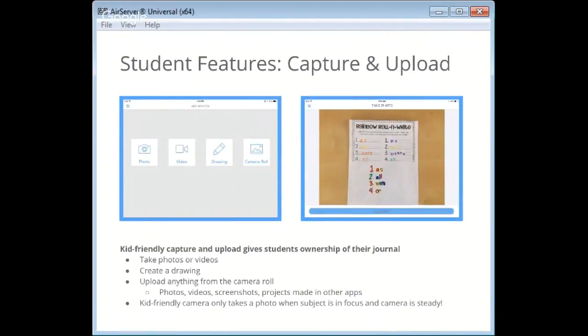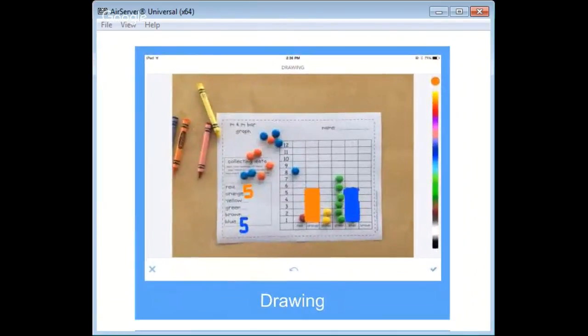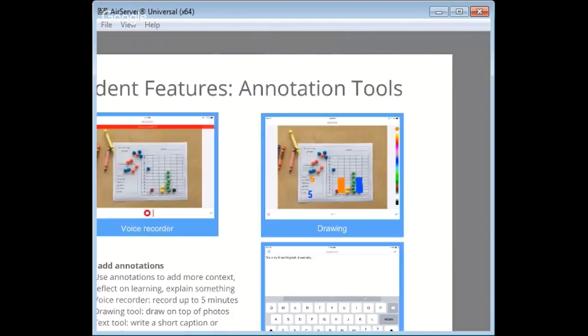Student features. I will show you this here in a little bit, but this is what they can do. They can post photos, videos, drawings, or upload things from their camera rolls. Here's an example of something I think is really cool, especially for maybe a math class. I'm going to zoom this up. They can record over it, or they can draw over it, which is what I want to show you. They could take a picture of a worksheet they're working on, and they can draw their, see those number 5s right there? They can draw those numbers on, and then they can graph it themselves using the color tools, which is great because it saves paper, and they can erase it and restart it, and you can do all kinds of things. So I think that's pretty neat.